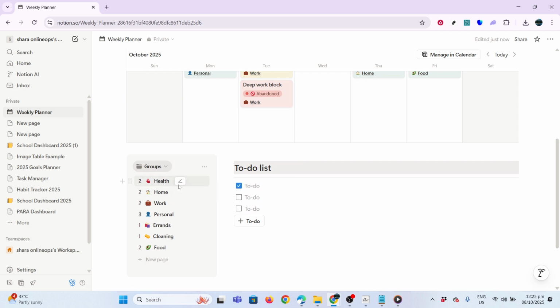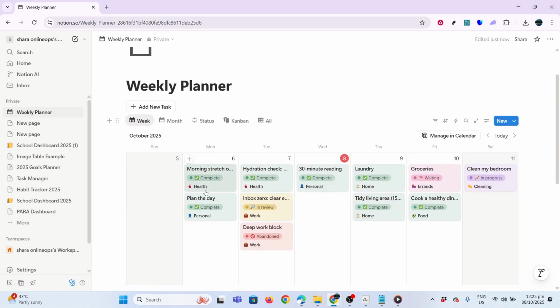And there you have it. A simple yet thorough way to utilize Notion templates to enhance your